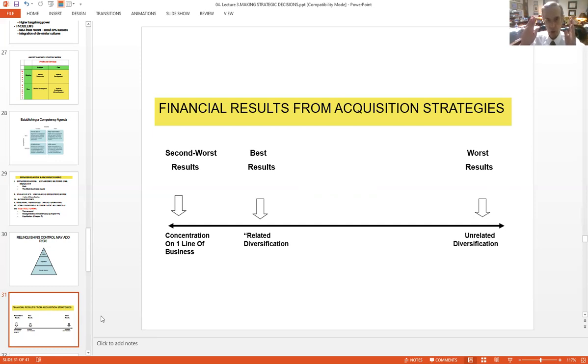The big surprise was the reverse did not hold, because it was expected that if two companies had the same competences and the same characteristics, they would make perfect bed partners, perfect marriage partners. They would fit together very nicely. And although they did, their results were the second worst. They were better than the unrelated diversification, but not as good as combinations of businesses that had things in common,